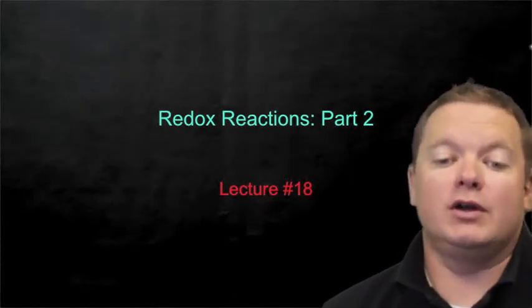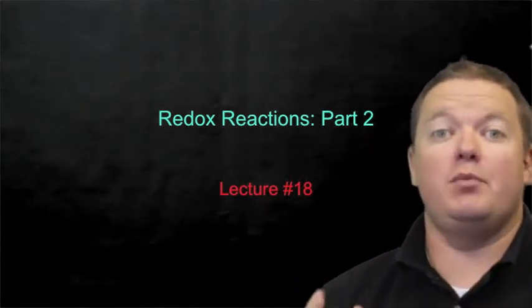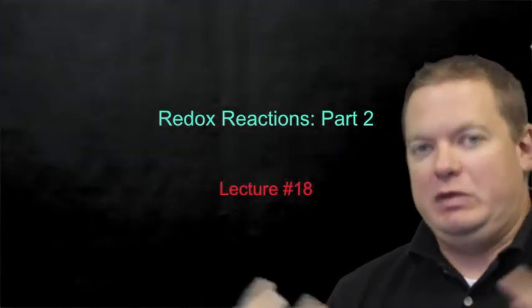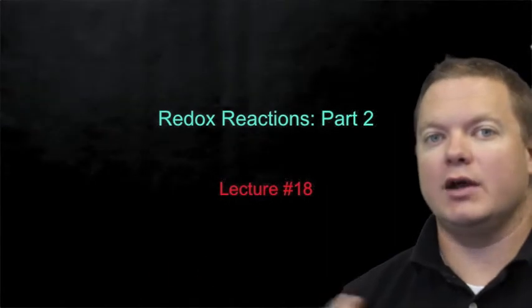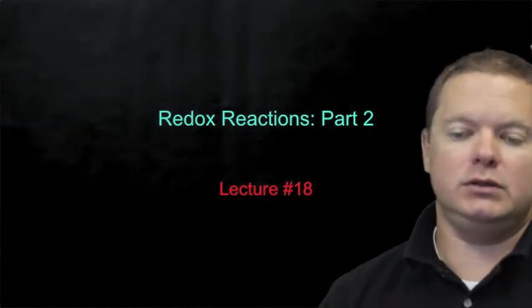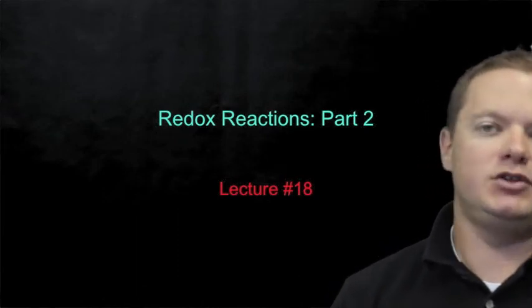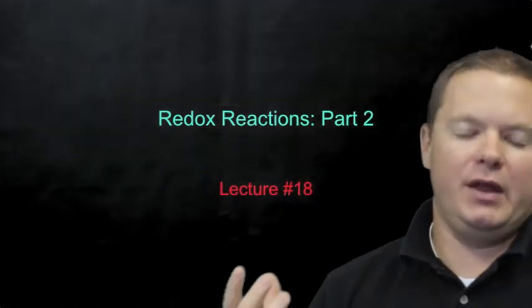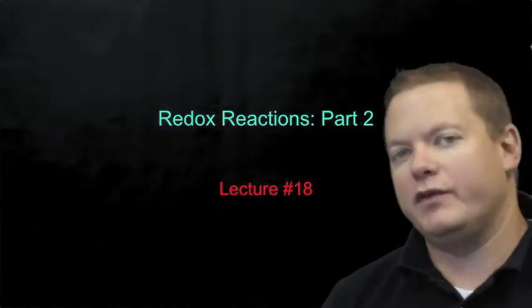Lecture 18, Redox Reactions, Part 2. So this is the second part of identifying these redox reactions. Now that we've seen that these redox reactions involve changing of oxidation numbers, we're going to use that to talk about balancing these redox reactions, which is in some way similar to balancing chemical reactions